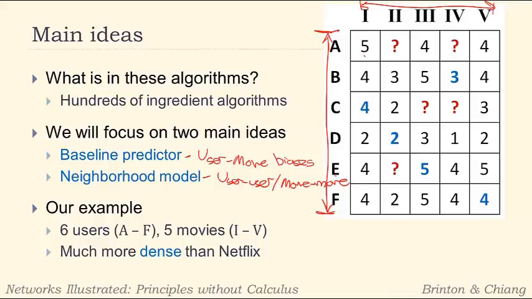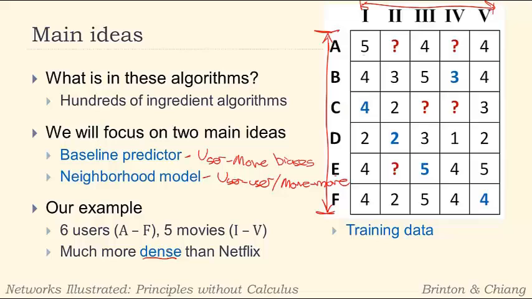And so this table is a lot more dense than a Netflix table. We said before that Netflix really was a very sparse data set, right? So many entries are just not filled in. Even out of the 100 million entries that there are, there are many more users and movies than entries when you consider all the different pairs that could be filled out in the table. In this case right here, we have all except for 5 of these filled. So we have quite a lot of the data, and that's not going to be the case in real life, but this will suffice to illustrate the main ideas.